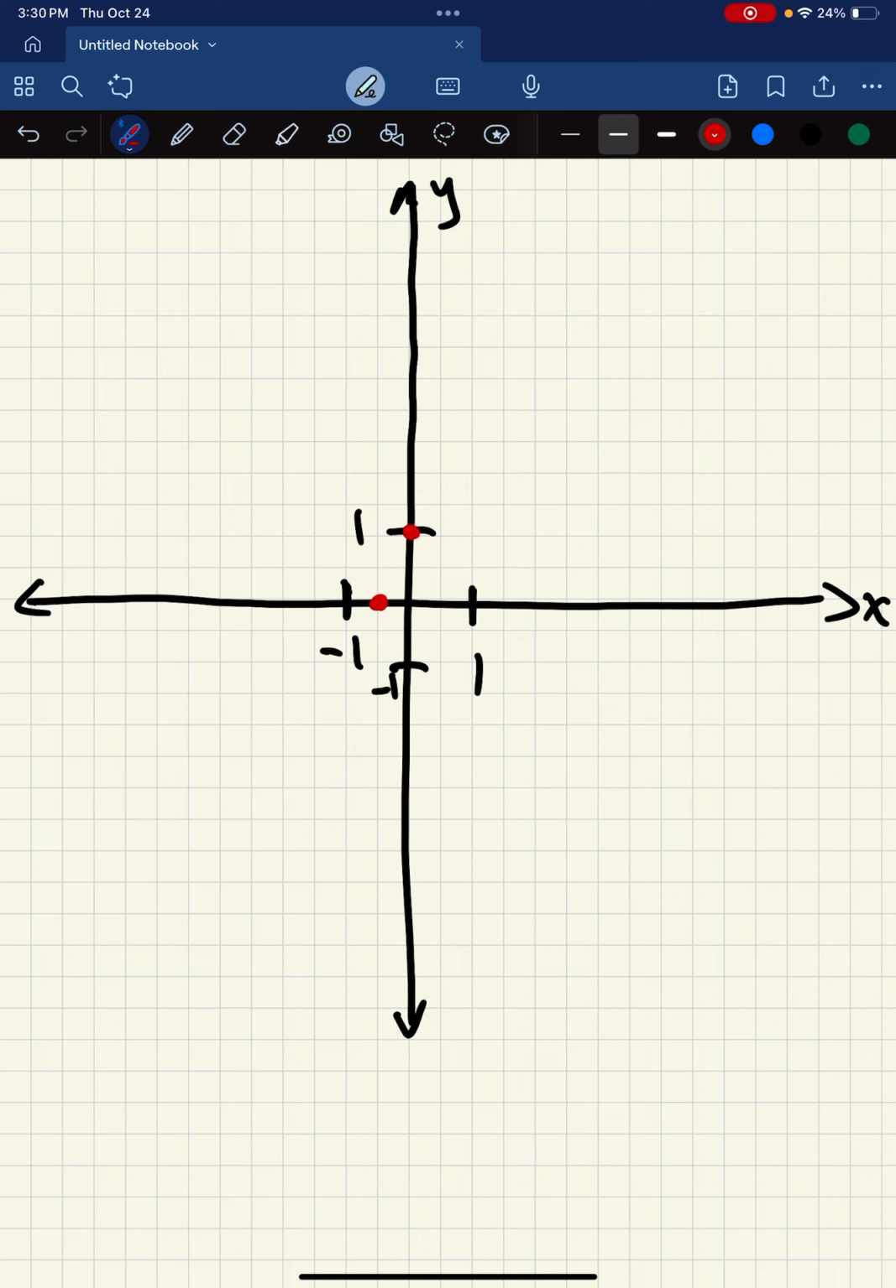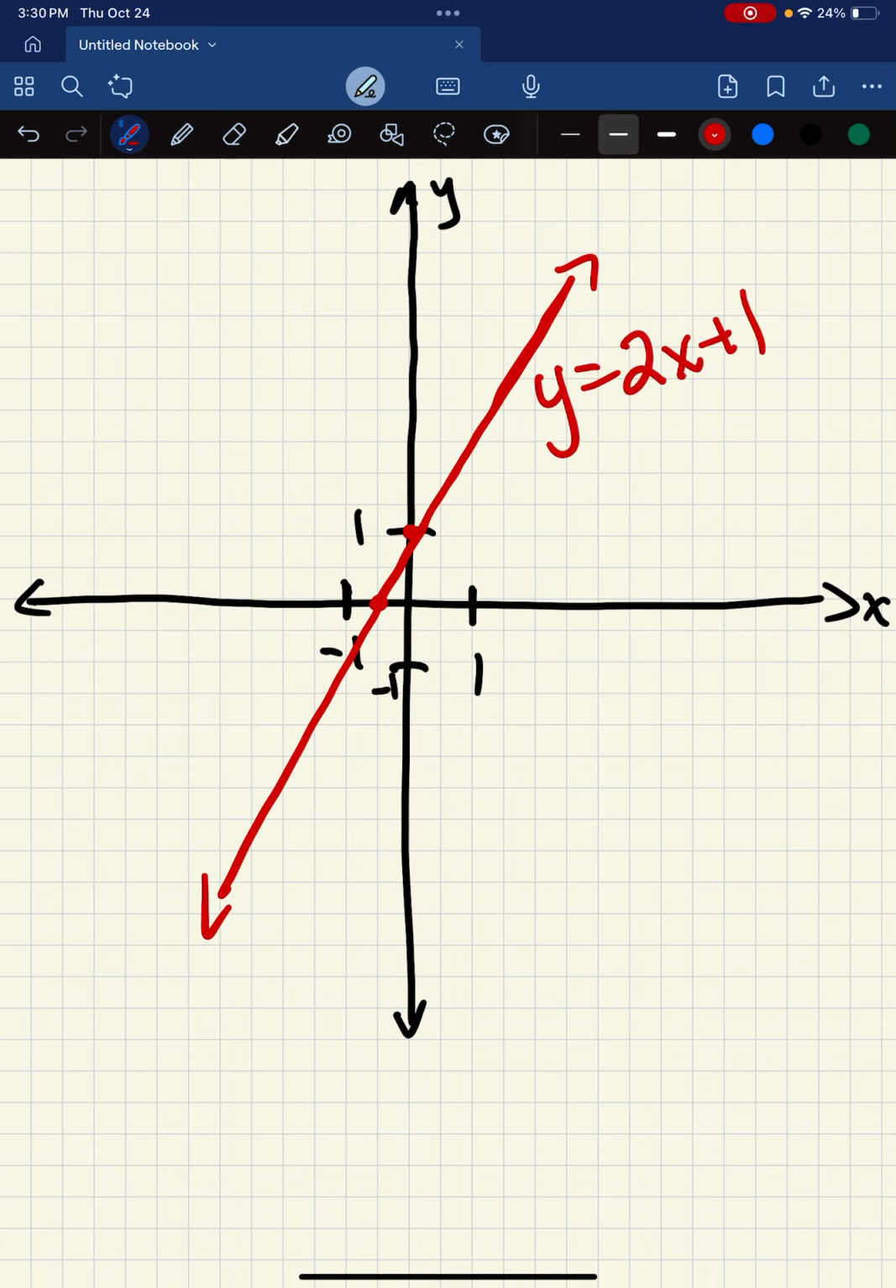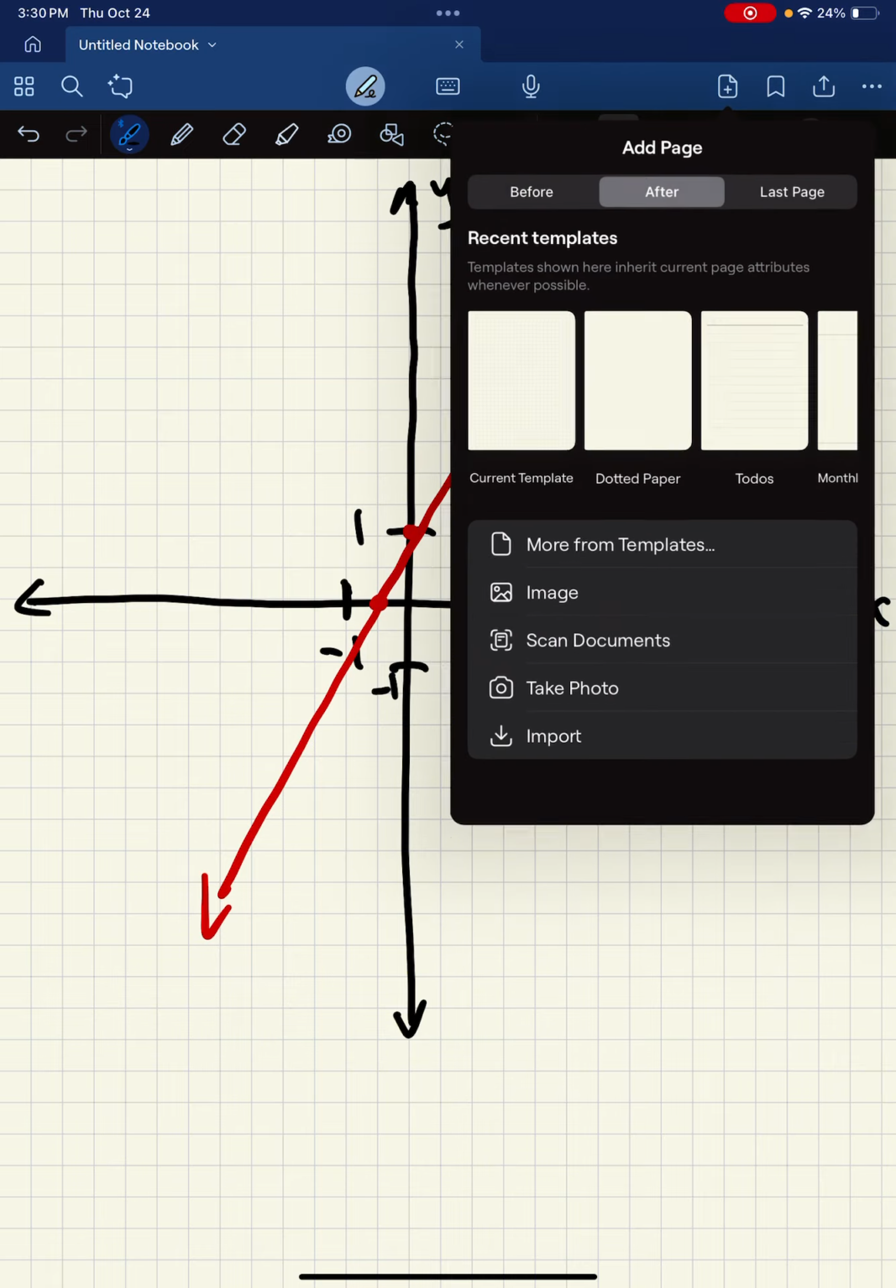And then we have the point 0, 1. So 0 is the x, 1 is the y. And now if you put your straight edge between those two, we have a line. Hopefully you draw a better line than me, but you have a line. And this line is y equals 2x plus 1. So that's graphing lines. That's really where Lumen ends,